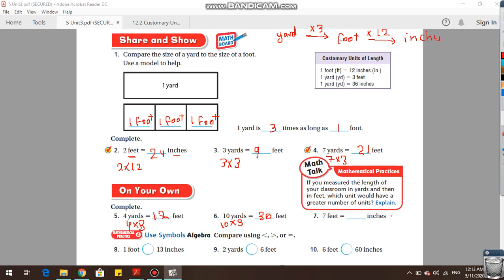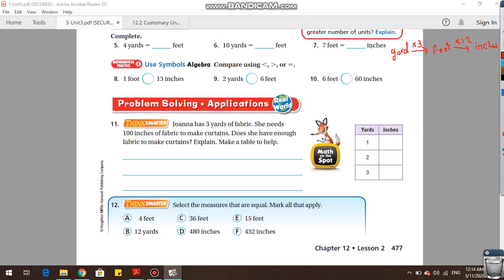Now from feet to inches, I'm going to multiply by 12. So 7 times 12. I can do it in a draft. Now 2 times 7 equals 14. 4 and carry up 1. 7 times 1, 7 plus 1, 8. So 84. Okay guys, number 8, 9, and 10 also I need you to solve, then check your answers